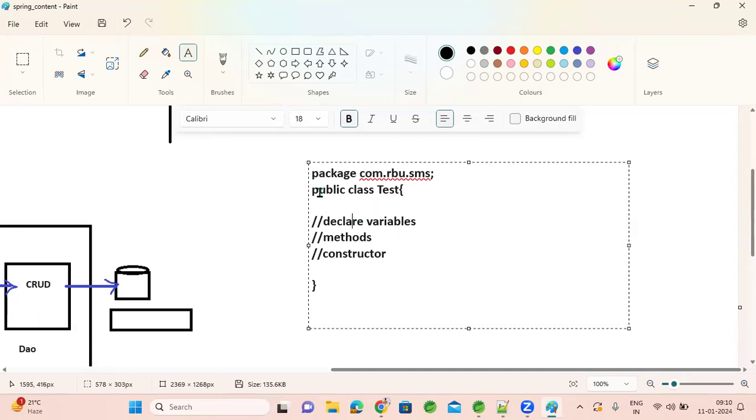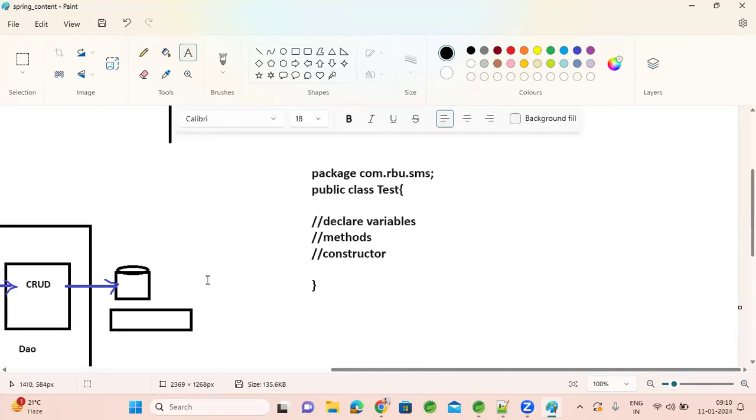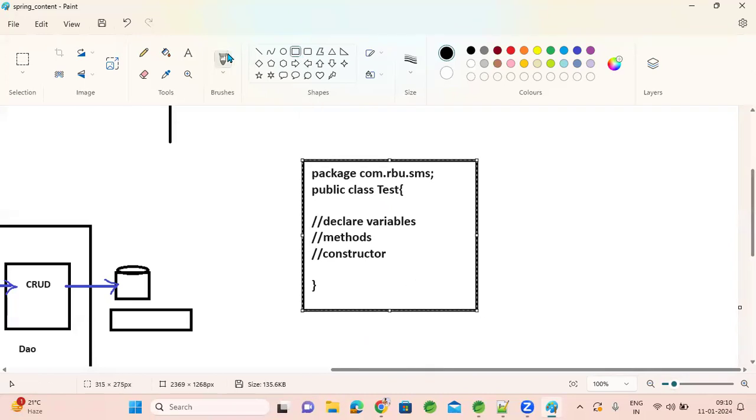That task will be converted into a class, right? Why do we write classes? For our tasks only. Whatever use cases the client has given, for those use cases only we will write classes. In that class, whatever variables are required for the task, we put them here, and methods here, and if constructors are required, we put constructors.